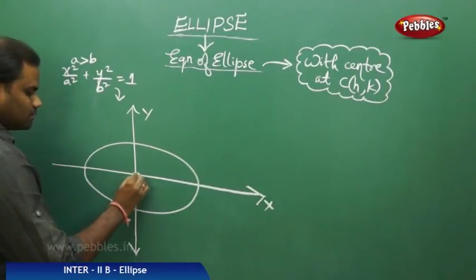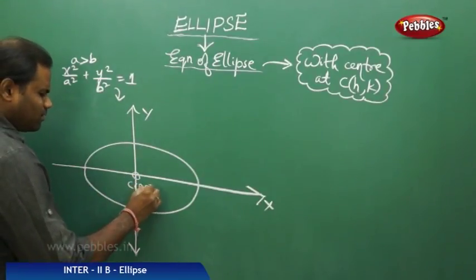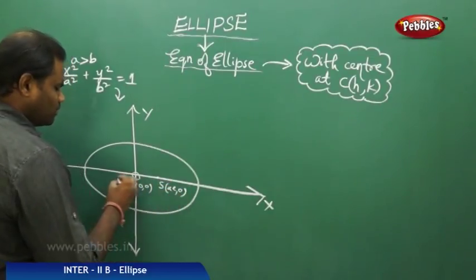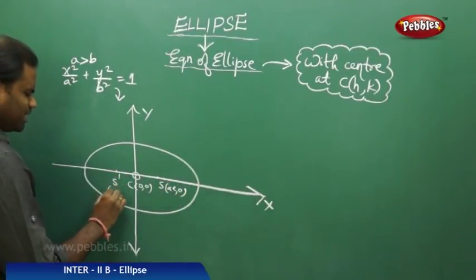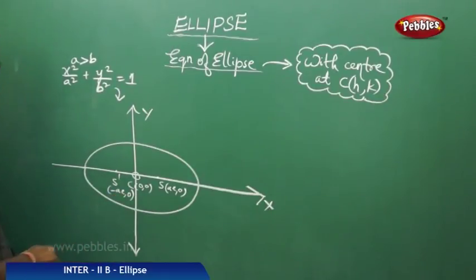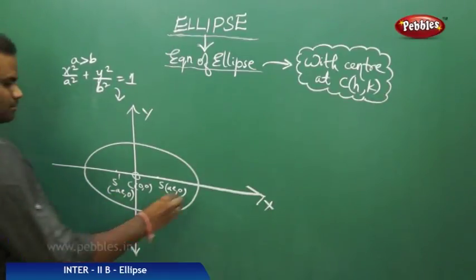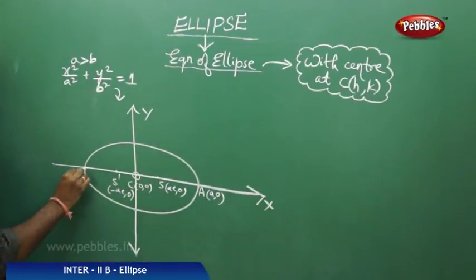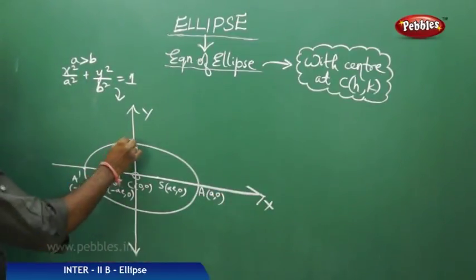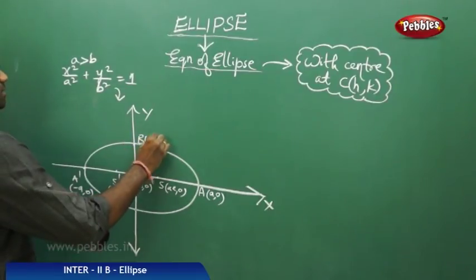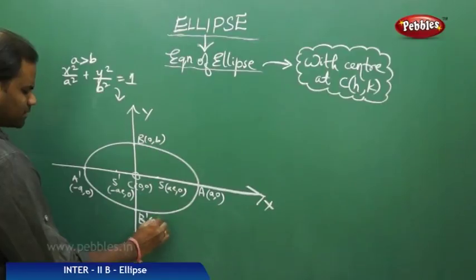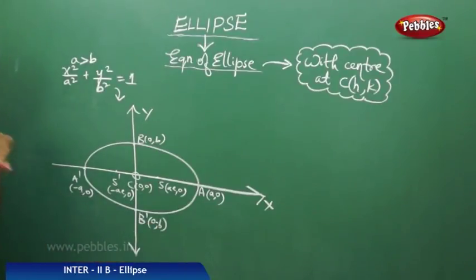And here, the center is origin, and the focus S is (ae, 0), and S dash is (minus ae, 0), and my A is (a, 0), and my A dash is (minus a, 0), B is (0, b), and my B dash is (0, minus b),